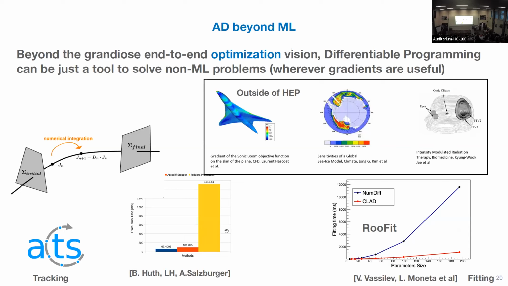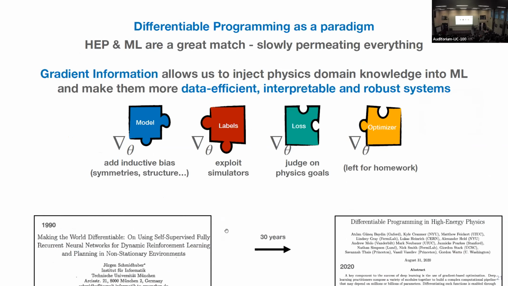There's also automatic differentiation for a lot of other things. Even if you're not thinking about this grandiose end-to-end optimization vision, we use gradients for a lot of things, like error propagation and tracking, or just fitting, maximum likelihood fitting, and gradients are very useful in these respects. Automatic differentiation is just a very efficient tool to compute gradients. So there are a lot of use cases beyond machine learning where this is useful, and it's the most under-advertised technology of the last 40 years. I mean, automatic differentiation was invented in the 70s and 80s, so it's funny that we're just talking about it now.